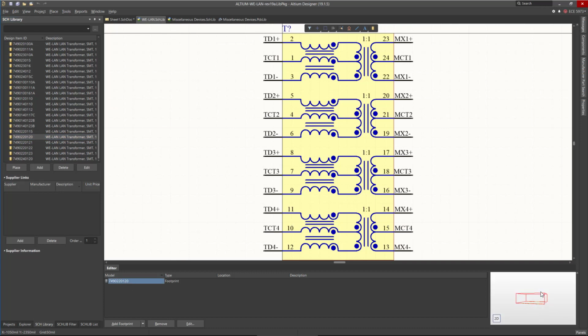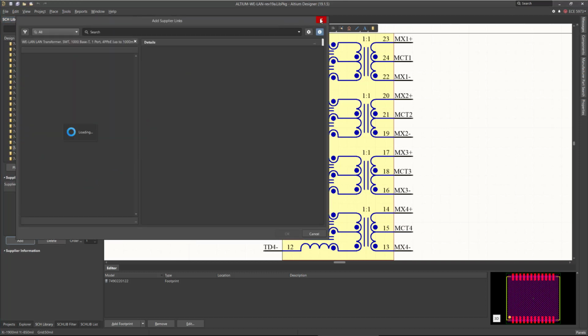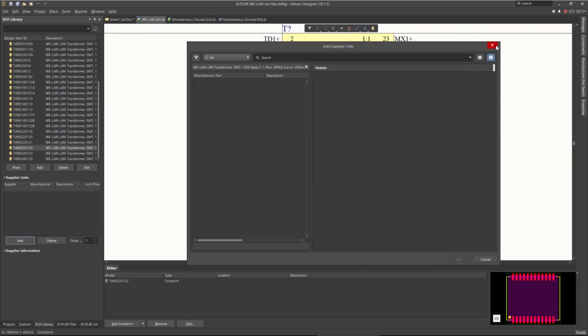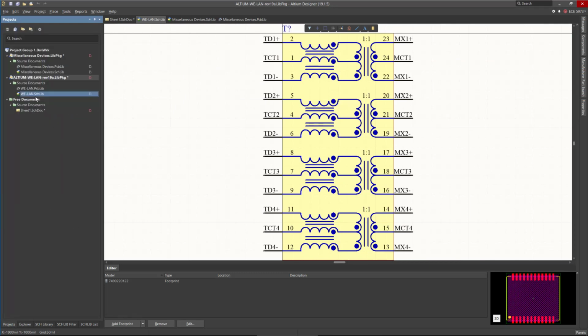And if you click on the 3D, you will see the 3D model for that. This is a 3D model. Very nice. But there is no supplier information. You can add supplier information to this. You can search for it, and you can add supplier link and supplier information in real time. So we'll see that in a minute. Okay, so if you go back to the PCB library,